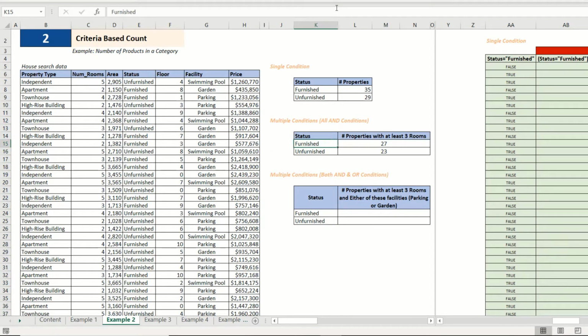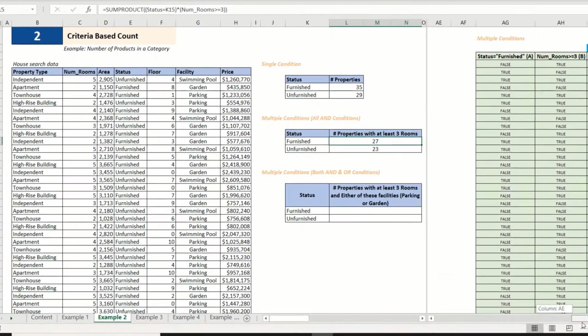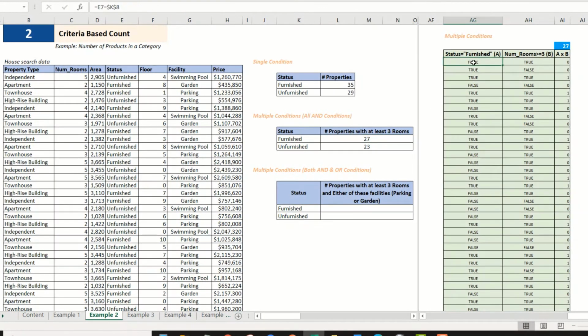Now since this involves multiple conditions, we did not apply a one as such, and let me give you a quick view of how the formula is working behind the scenes. First we have the true and false values returned by the first condition, where we are saying status is equal to furnished. Then we have the second array which returns a true and false flag based on the condition number of rooms greater than equal to 3.